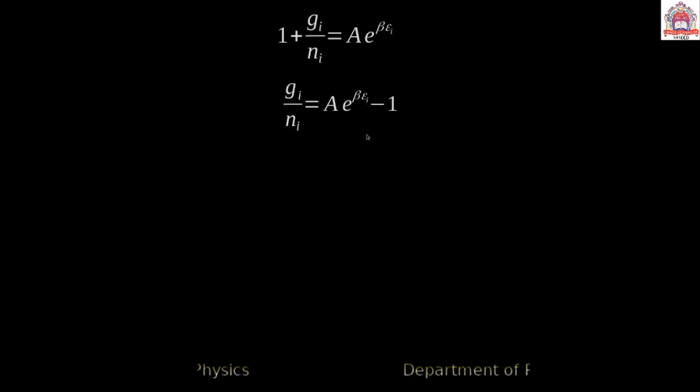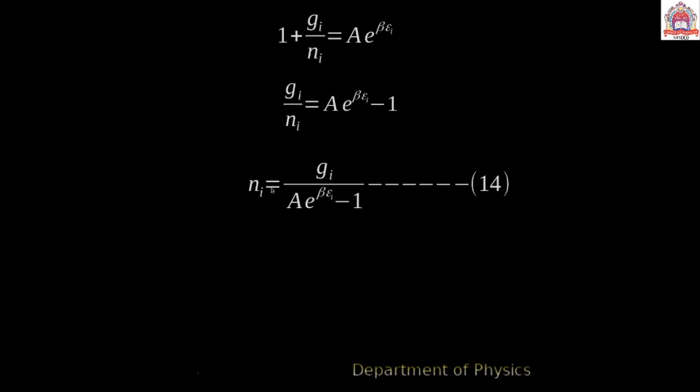Again rearrange it. The n_i divided by n_i cancels. So we get 1 plus g_i/n_i is equal to A e to the power of beta epsilon_i. Then 1 goes to this side, so g_i/n_i is equal to A e raised to beta epsilon_i minus 1. Then n_i is equal to g_i divided by (A e^(beta epsilon_i) minus 1). So this is the Bose-Einstein law, which gives the number of particles in the ith quantum state